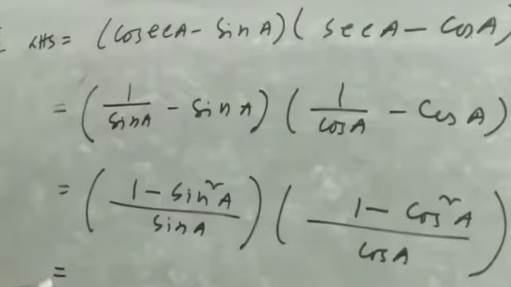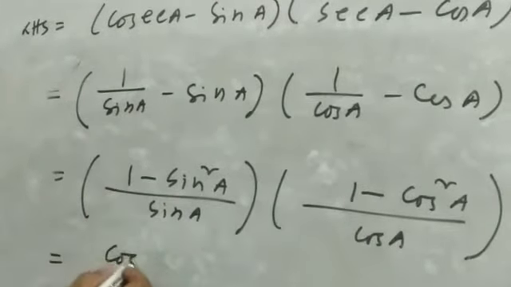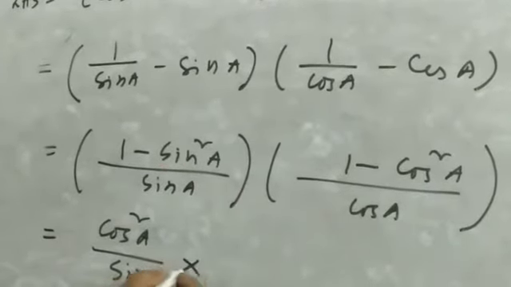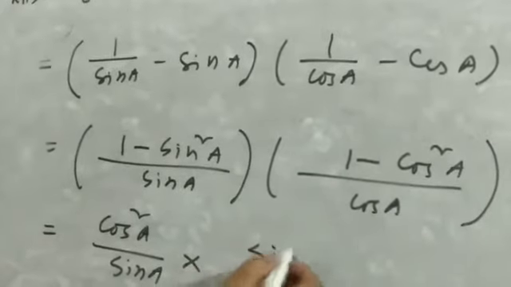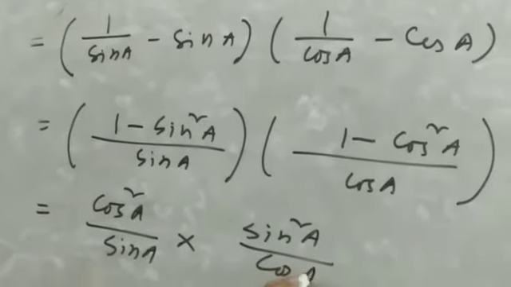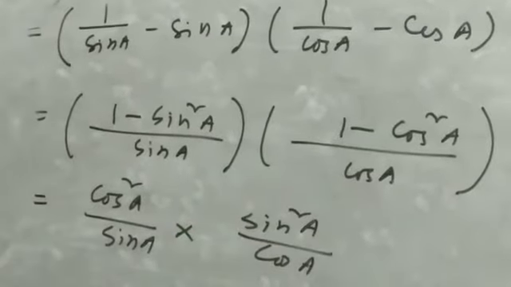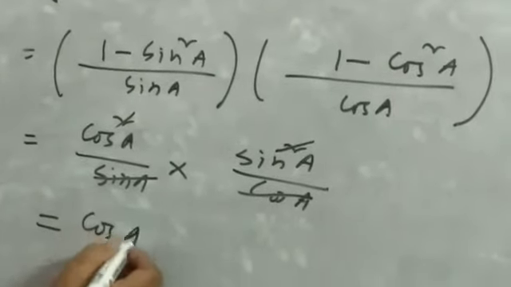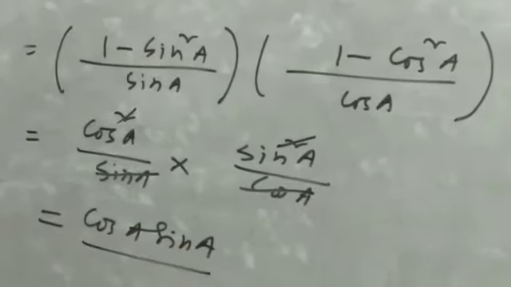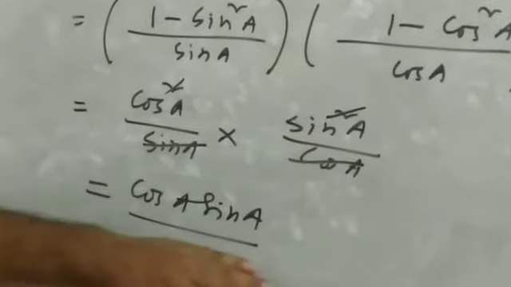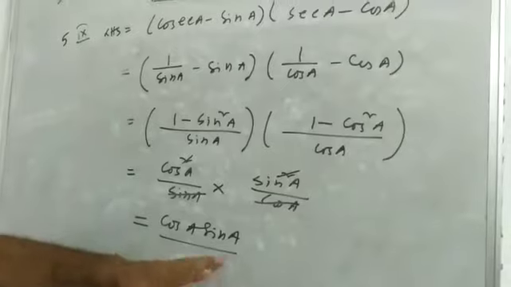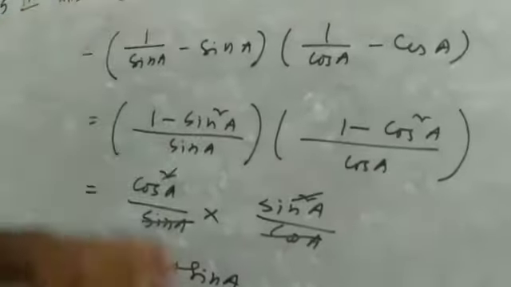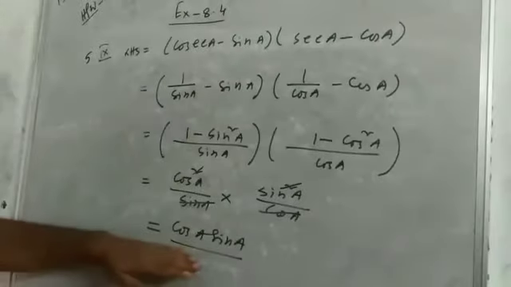Now you see, 1 minus sin square is cos square, you know; we have used this many times. And here sin A into 1 minus cos square is sin square, divided by cos A, using the identity. Now you see one sin is cancelled, and one cos A is cancelled. So we get the term cos A sin A. Yes, if we continue, we will get the right hand side directly, but in 1-2 lines it will be difficult. So let us prove left hand side and right hand side separately. On the left hand side we got cos A sin A.